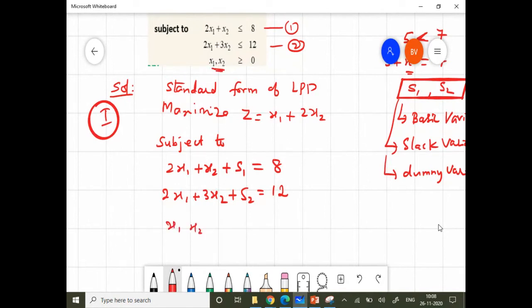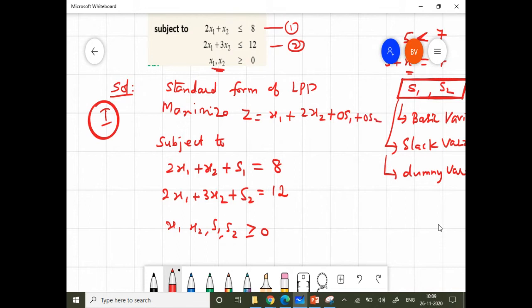We can write x1, x2, s1, s2 all must be greater than or equal to 0. That's the condition. If there is a negative for s1, s2, we ignore those values. Okay, fine. Then what happens in the maximize case? There should be four variables. Introduce them here: 0 s1